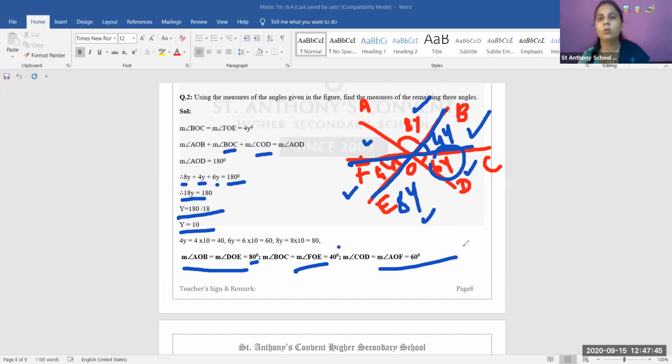Clear everyone now? Very simple sums. Just to understand this, which angles are vertically opposite angles, which angles are in a linear pair, right? So I hope everyone understood this. I tried my level best to make you understand it properly, but it's your choice to please pay attention, because maths is a subject which needs very much concentration. When you understand this, then you can solve it again. Please keep practicing this.